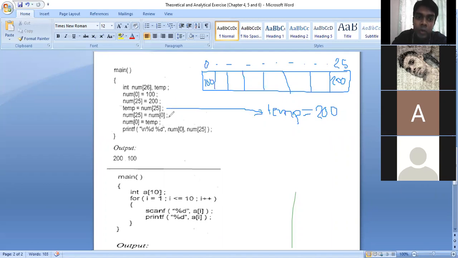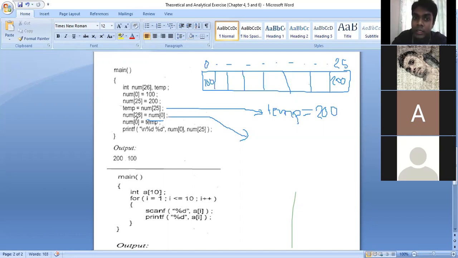Now in this line, what are we doing? Next line: num25 is equal to num0. I am going to assign the value of the num0 position into the num25 position.